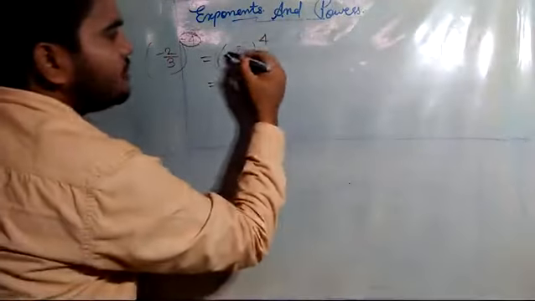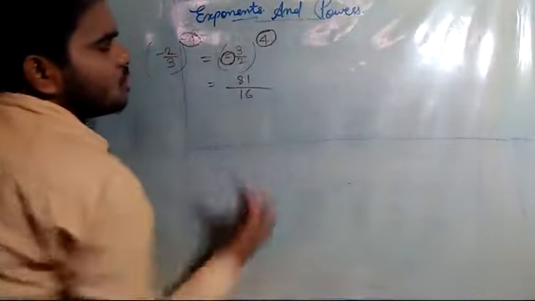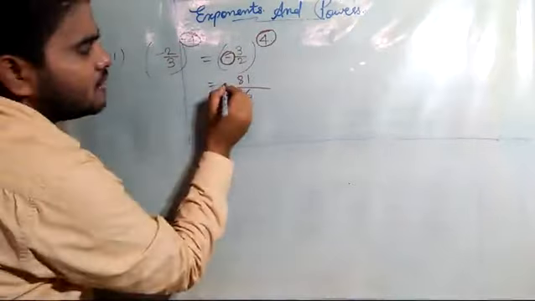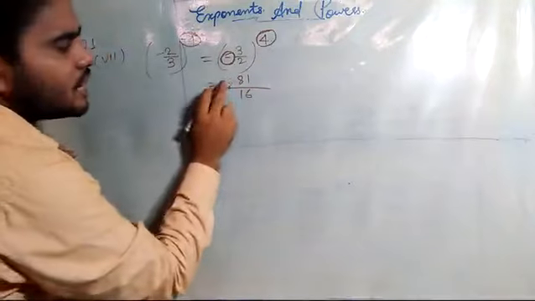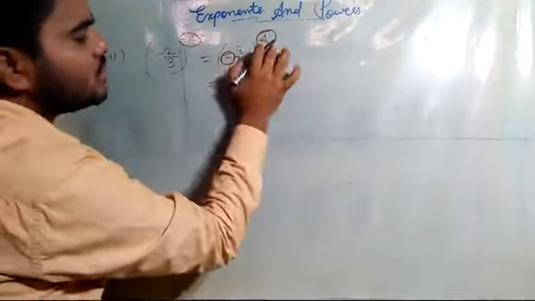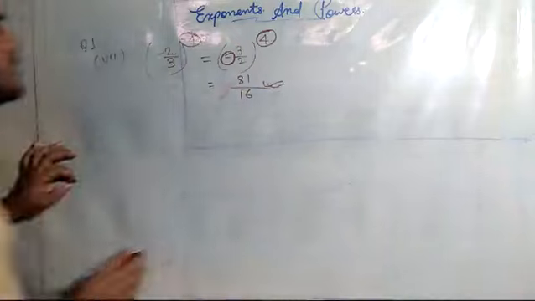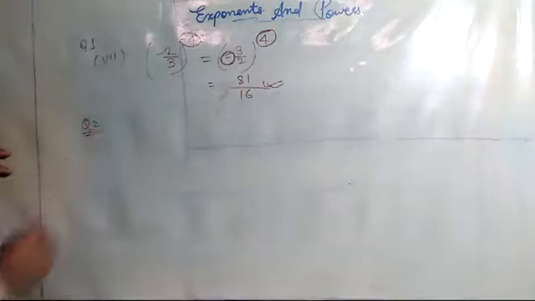Now as I have told you, when we have a negative base and the power is an even number, the result will be positive. So no need of writing positive here. If it would have been minus 3 here, I would write 3, and then I would be getting my answer as negative. I hope this one is clear. Now question number 2 I will discuss here.